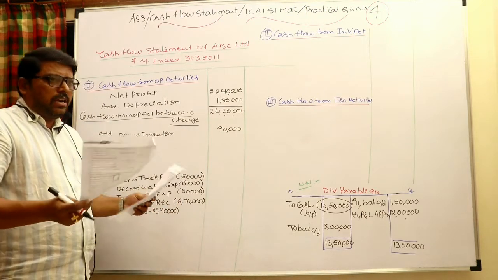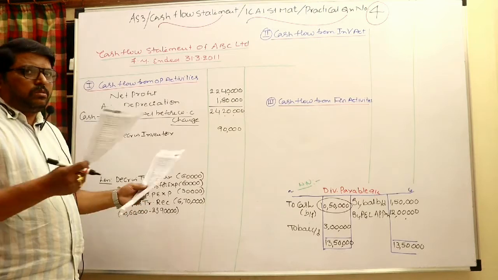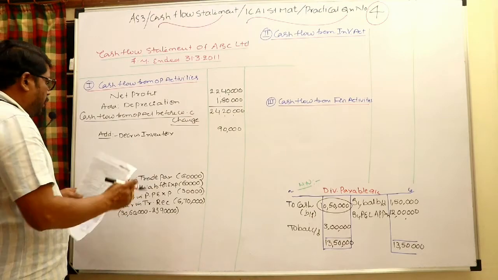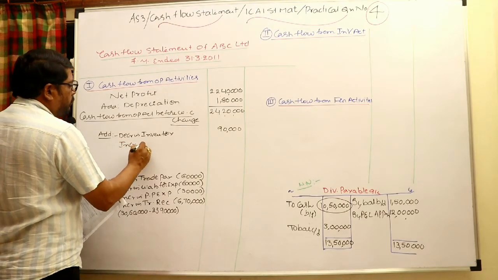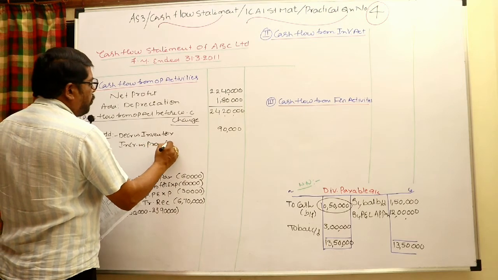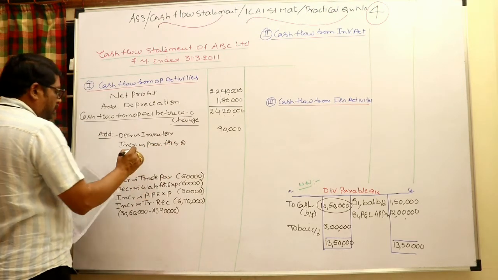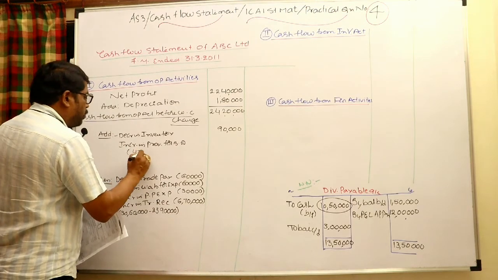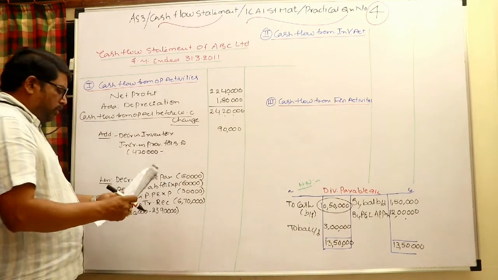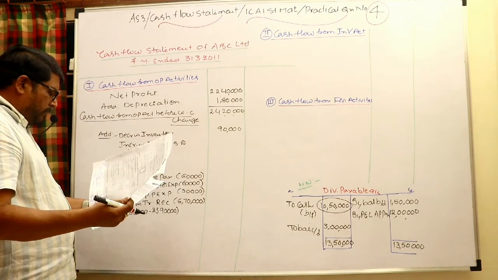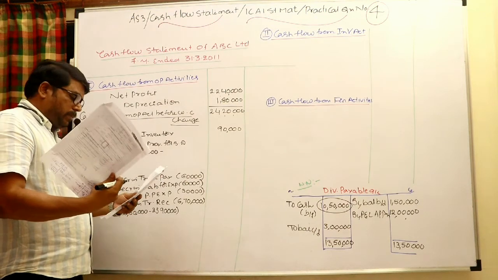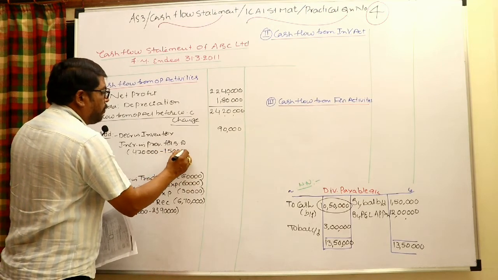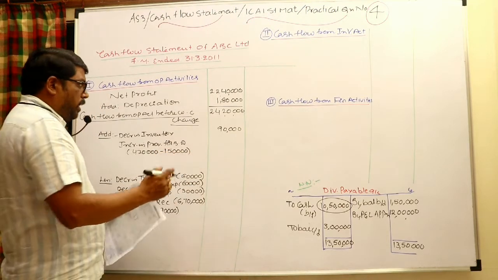So it is like a current liability. You may write it as an asset deduction, or on the liability side, like an increase in current liability, which is inflow. Increase in provision for bad debts: if you add back the bad debts to the closing provision, it would be 4 lakh 20,000. Compare with opening. What is the opening provision for bad debt? 1 lakh 50,000. The resulting amount is 2 lakh 70,000.